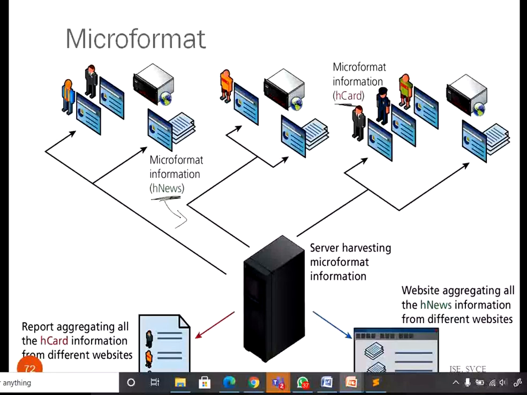It will gather from the other websites and it can be displayed in your web page. Similarly, for person information, a report can aggregate all hCard information from different websites. It is going to gather the person details from different websites, and that can be utilized to display in your web pages.